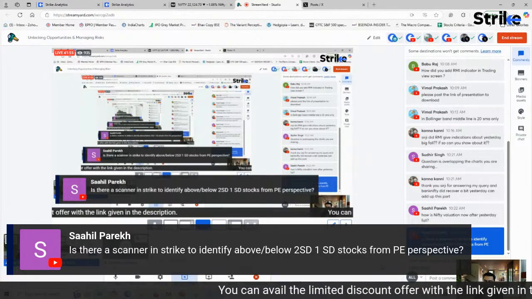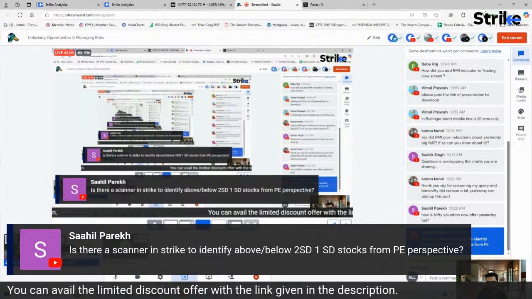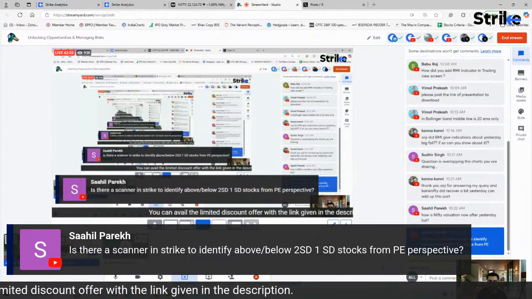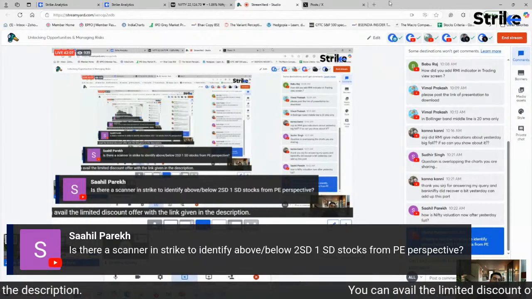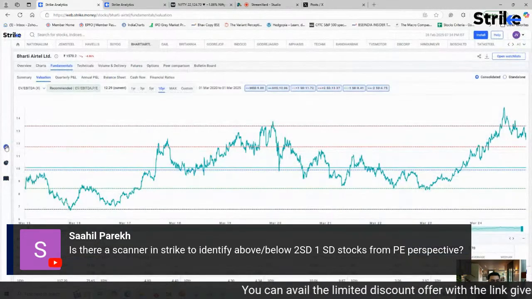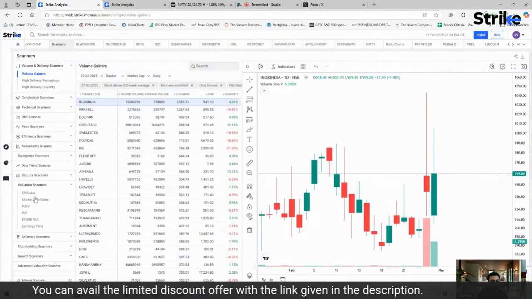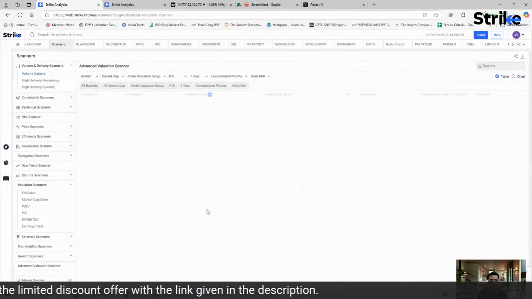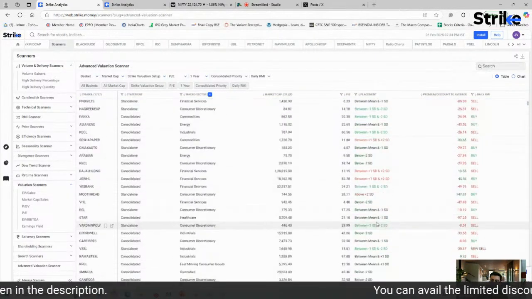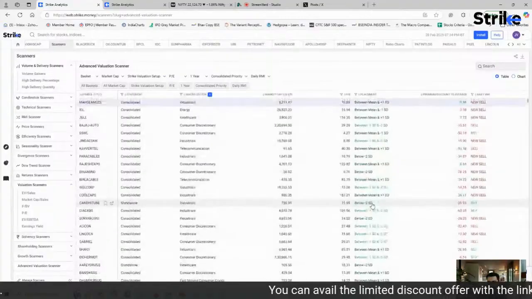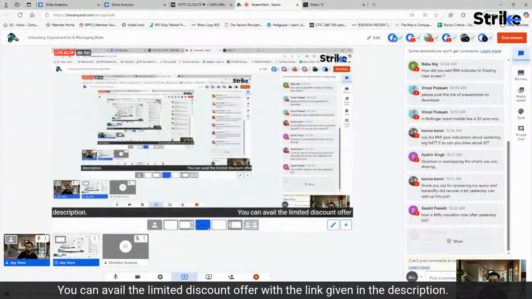Sahil, is there a scanner to identify? So as of now, Sahil, we have repeated this in many of the webinars. Right now, the entire focus is on bringing the system down to 1 minute delayed data. We actually have this prepared. If you see the scanners, for example, the valuation scanner, sorry, the advanced valuation scanner. तो यहाँ पे ये आपको बताएगा कि -1 HD 2 HD पे है. बट द ओनली प्रॉब्लम इज दैट इसमें थोड़े बग्स है. एंड राइट नाउ वी आर ट्राइंग टू ब्रिंग द सिस्टम टाइम डाउन टू 1 minute delayed डेटा.